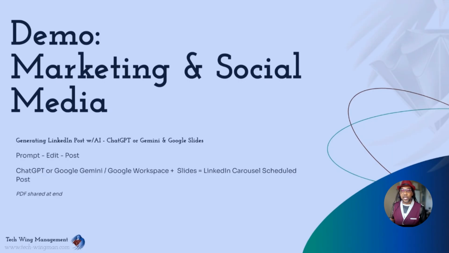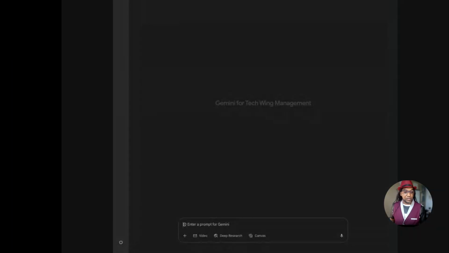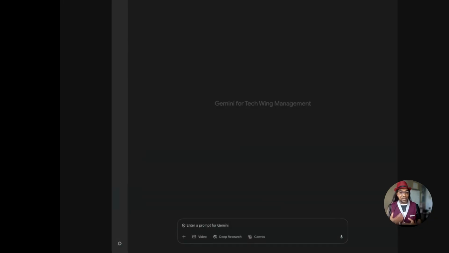So let's switch to that. So you should be able to see my Gemini screen. Okay, the first thing to start is to have what I call a prompt prefix. A prompt prefix is a set of text that you're gonna always send with all of your messages to keep the AI in context, right? So I prepared a little bit here. I'm gonna show you what I mean.